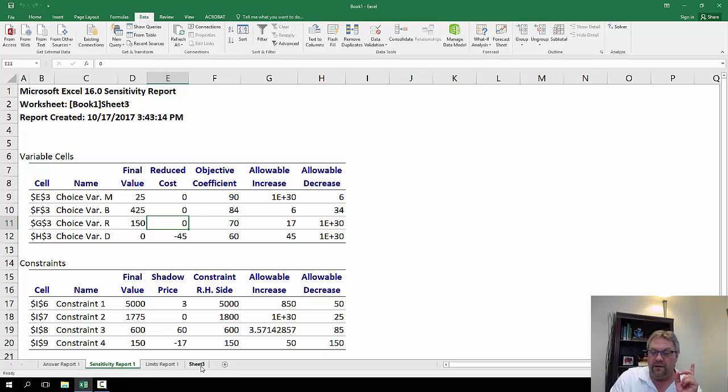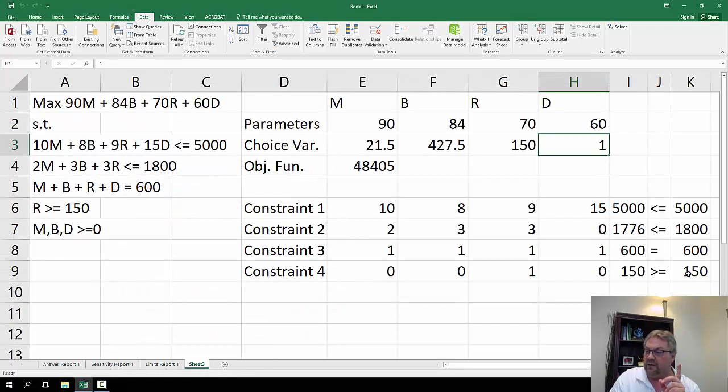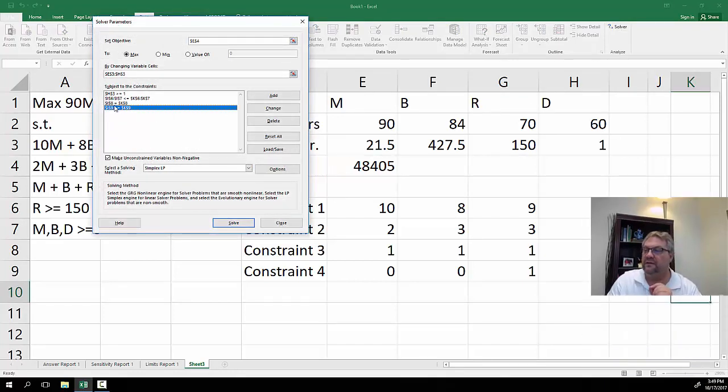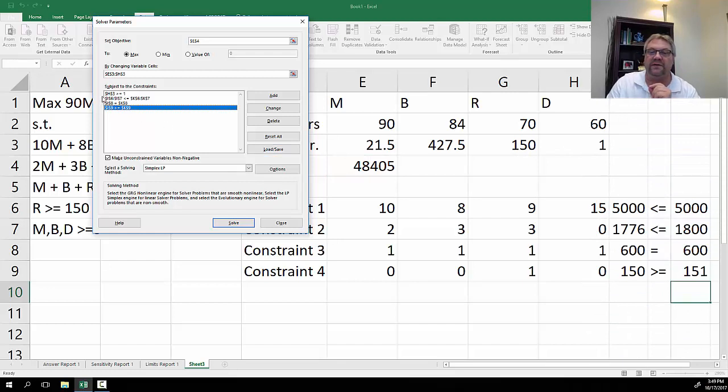So I want to go back here, and I want to make this 151, okay? And then I want to go to my solver, and I want to get rid of this, right? No, it's right here, H3. I want to delete this one, because that was a constraint that I put on for D. I got to get rid of that, right? Because when you think about these shadow prices, reduced cost, it's holding everything else constant. So you can only make one change at a time. So now if I hit solve,